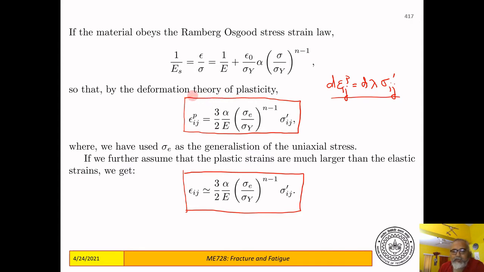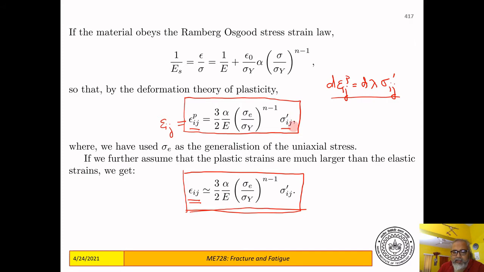It is now in terms of total stress and total strain. If we neglect elastic strains, then the entire strain is plastic, and then we have this relationship for deformation theory of plasticity for the total strain,